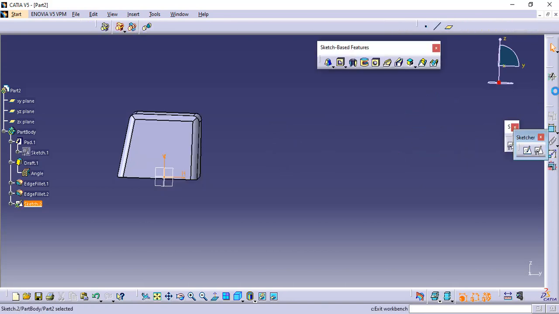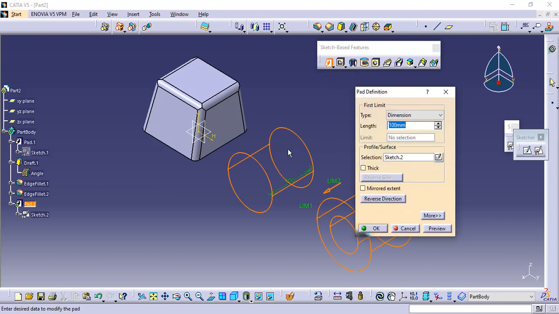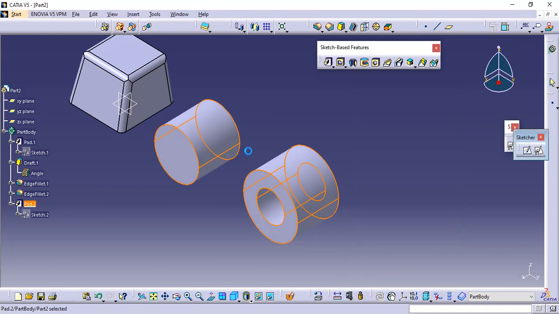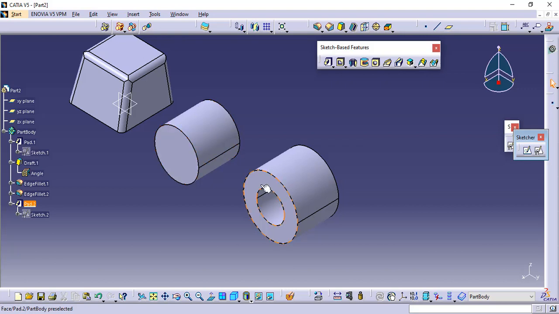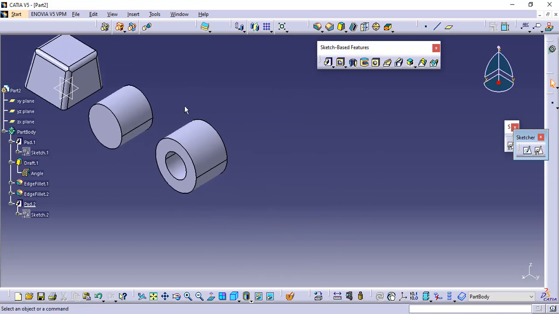You may see, if I select a pad command, both sketches are selected and the material gets added the same. I cannot add material differently on these 2 sketches. Like I want to make 50 here and 100 here, I cannot. By the pad command, the material will be similar on both sketches. So what is the difference between this and the draft filleted pad?